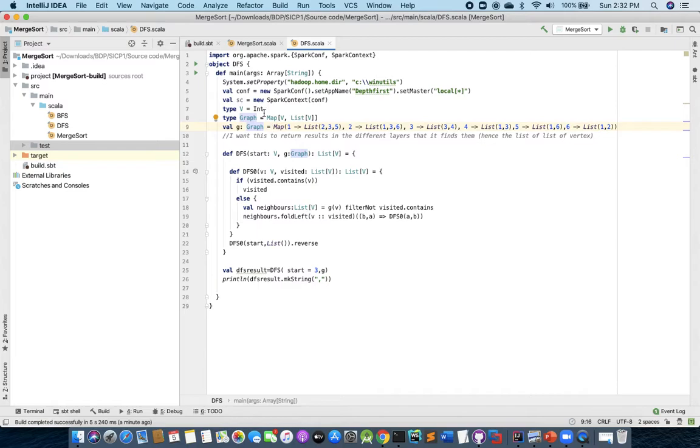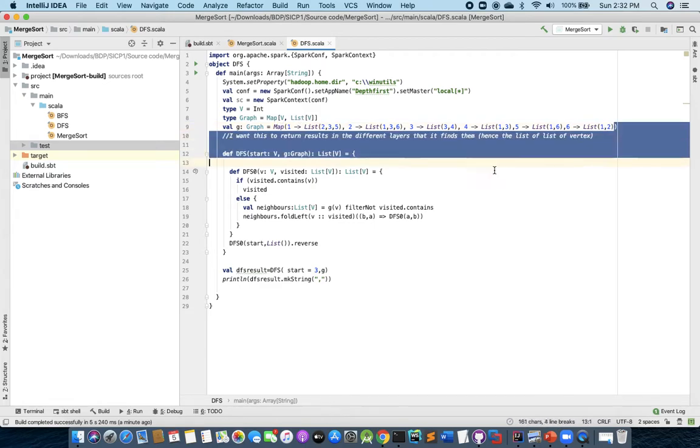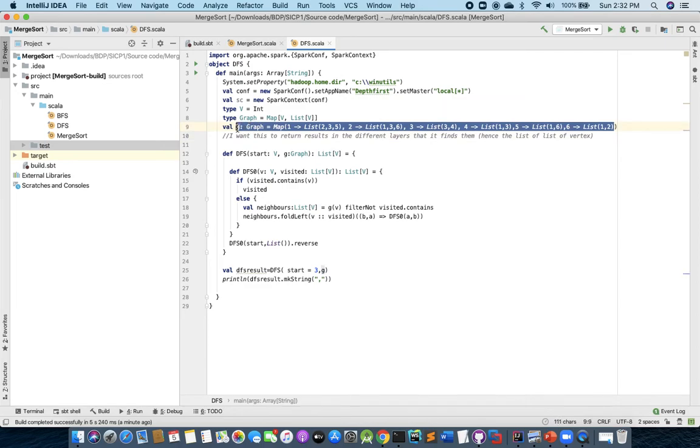So the graph takes the type as map. So here we have created a map. This map shows the tree which we need to traverse. So it's like this. This is the main node, the root node. 2, 3, 5 are its children, and from 2,